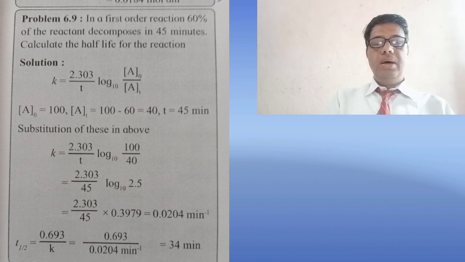Next we calculate t half. The equation for the half-life of the first order reaction is t half is equal to 0.693 upon k. It becomes 0.693 upon 0.0204 minute inverse. On solving this, it becomes 34 minutes. Now you try this example. Now next one,